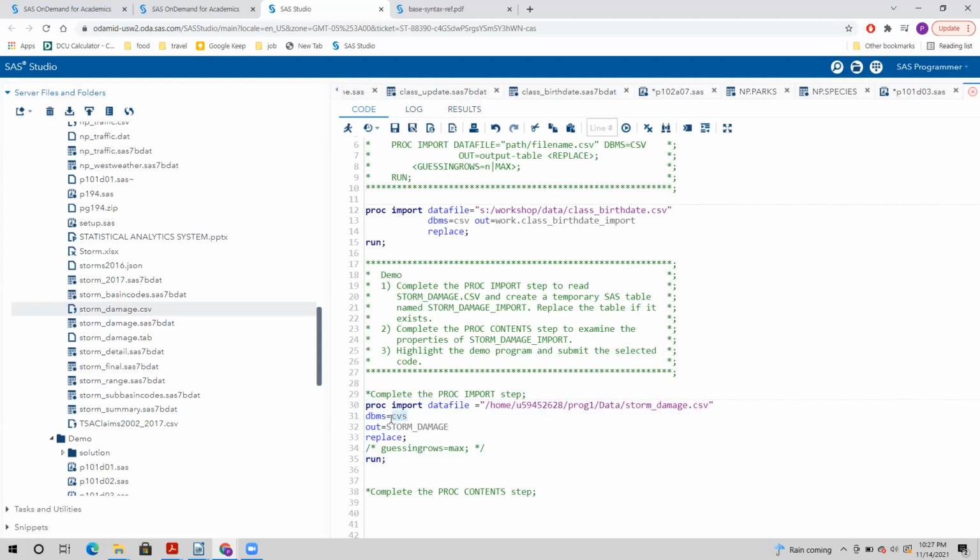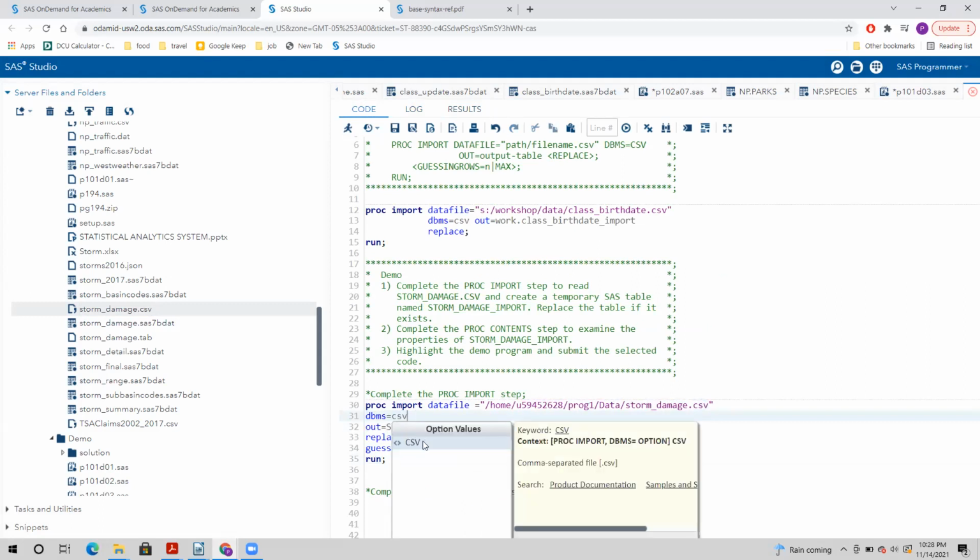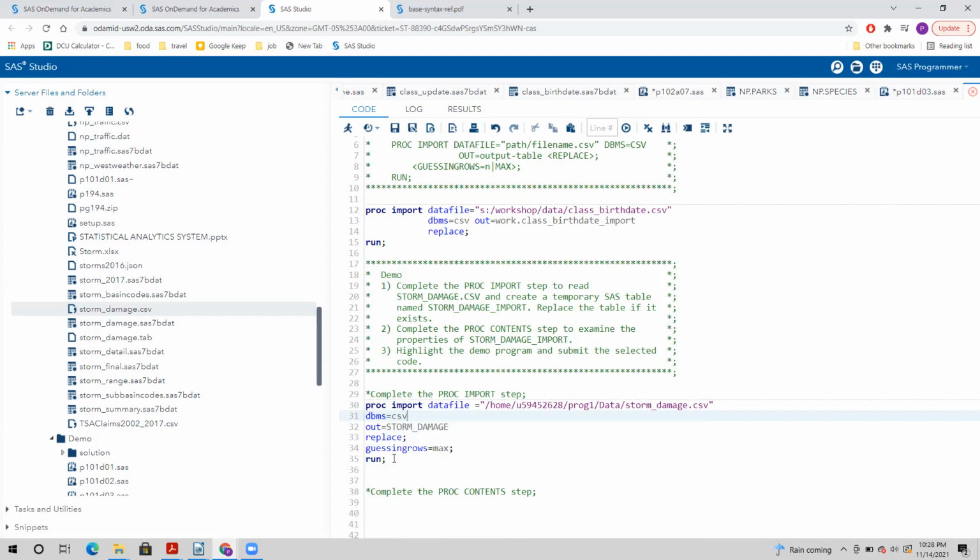DBMS is CSV. See, what you have given as the DBMS name and what is the file name? See here, check. CSV. And what have you given here? No, it's CSV. See here, you have given CVS. I hope now you've understood. CSV, yeah, this is why it was giving you the error. Now select it and submit.